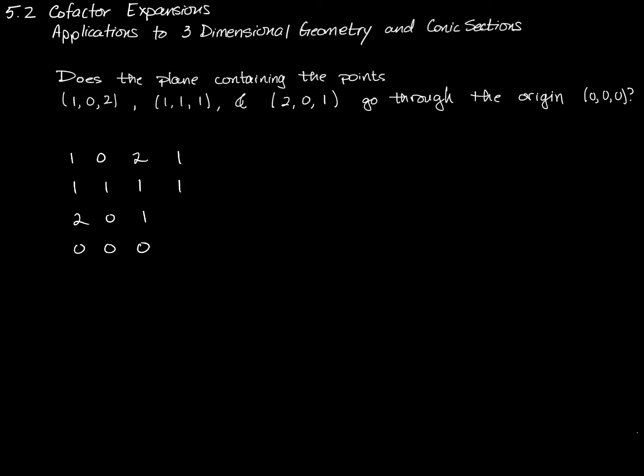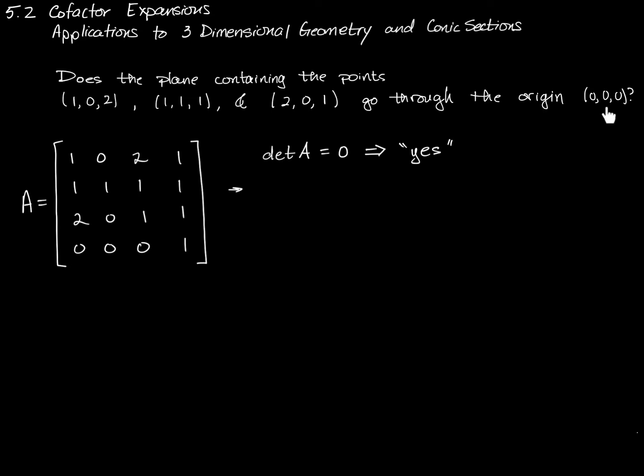And we're going to put 1s in our 4th column. What we want to do now is, I'll say we give that a name, find the determinant of A. And if that equals 0, then the answer will be yes, these points are coplanar, and that means that our